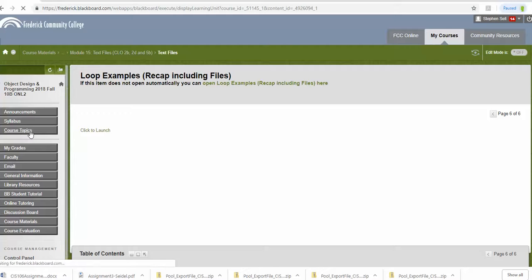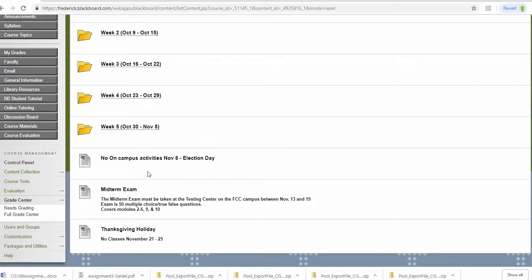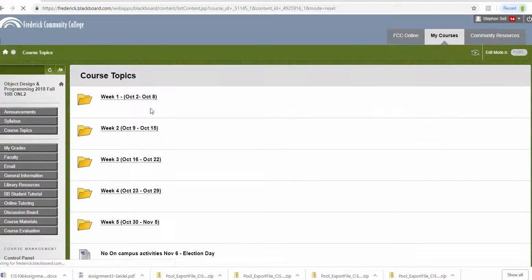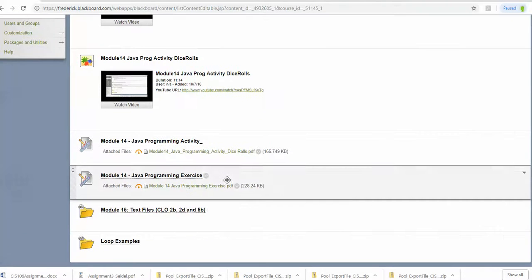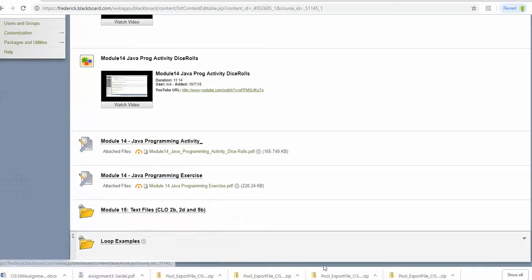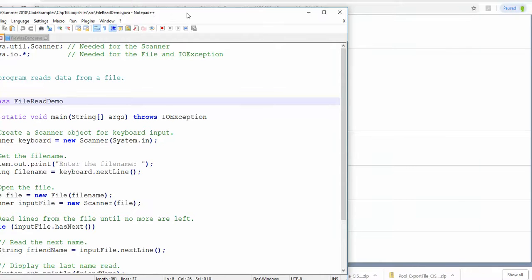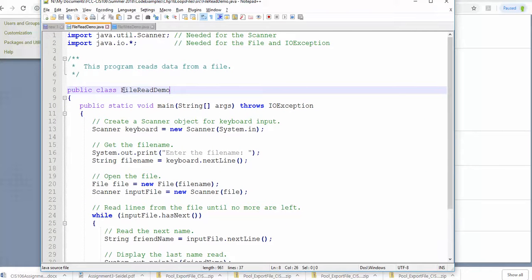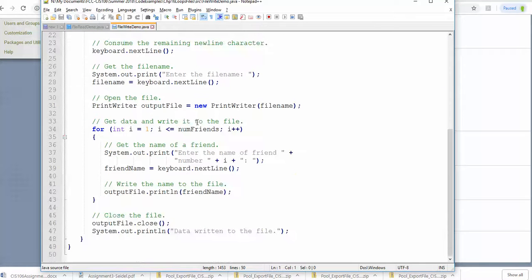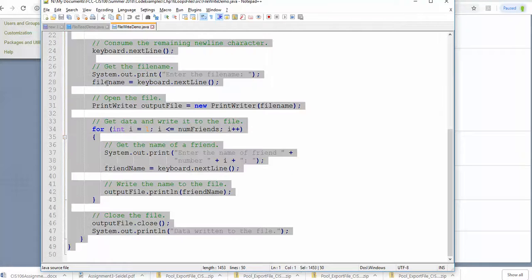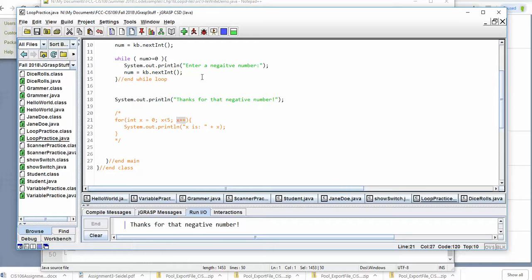So what I'm going to do is just show you real quick how this would work. You guys can't see week 6 yet because I haven't turned it on. Sorry about that. But I'm going to talk here about how to read and write from the text. So I'm just going to pull up 2 example files. Here's one file where we're going to read from a file, and then we're going to write to a file. So I'm just going to copy this code, select all this,